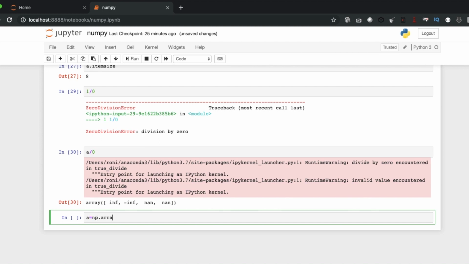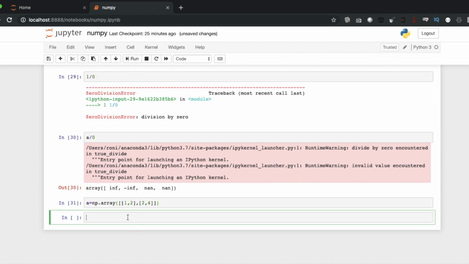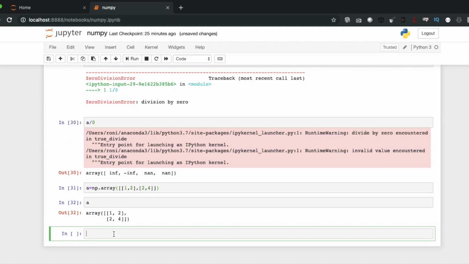Now next thing, I'm just creating another array. With np.array you can create the dimension like this. So this will be a 2-dimensional array, but I'm not going to do that. This kind of thing is very boring, and I can make some errors as well. So just for the sake of showing, I'm doing it.